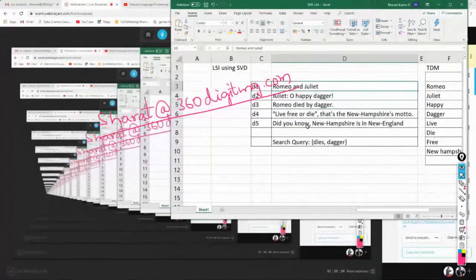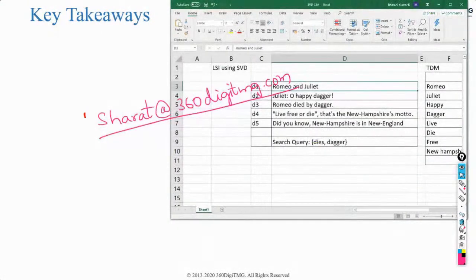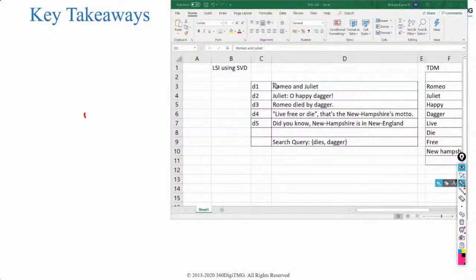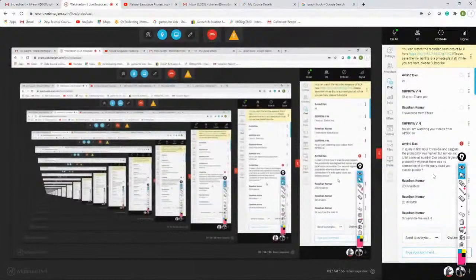That's how it is picking up. It's very relevant. Even if you check with common sense, you will feel that this document is related. It's not irrelevant at all, because Romeo died by dagger, Juliet, oh happy dagger. So it's speaking about Romeo and Juliet at the end of the day. There is some continuation, some relationship. That's why it is represented in that way.